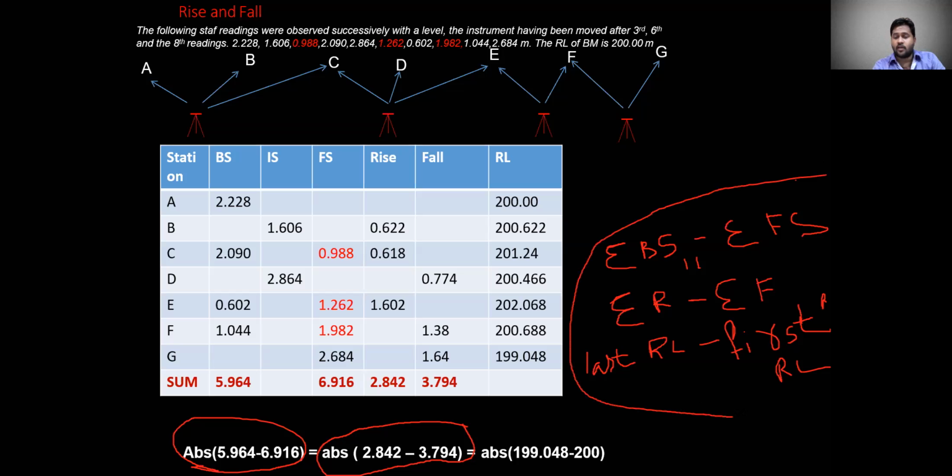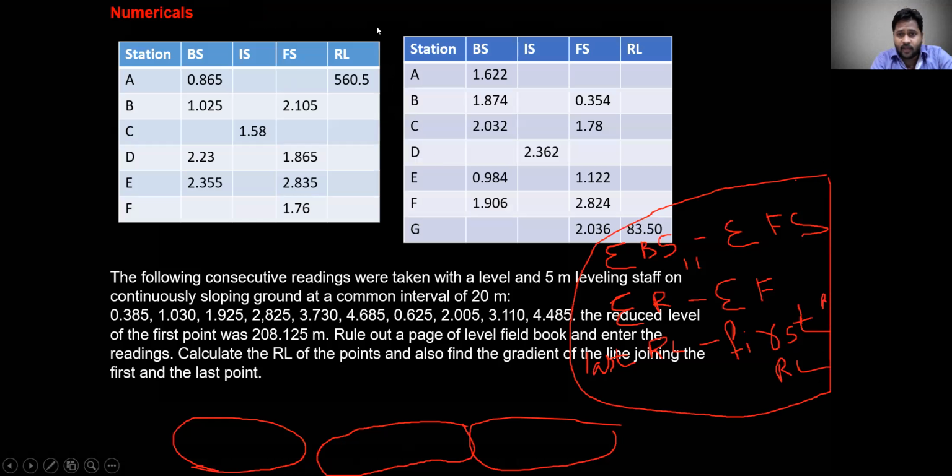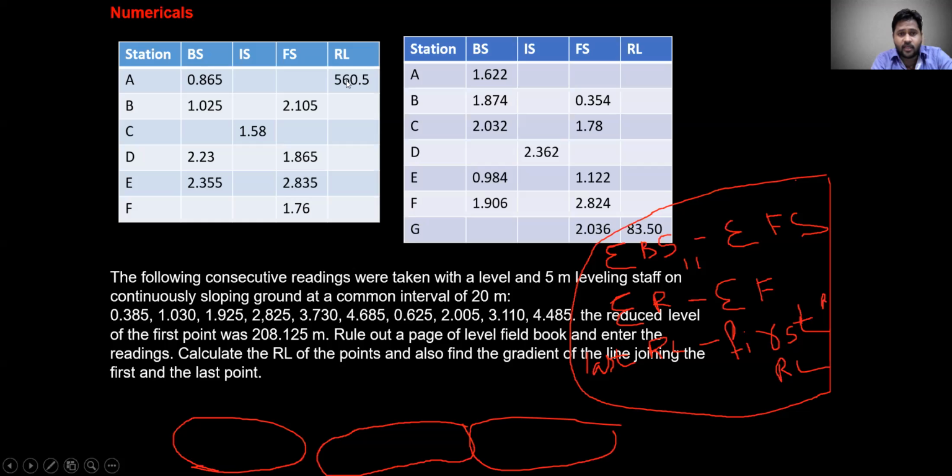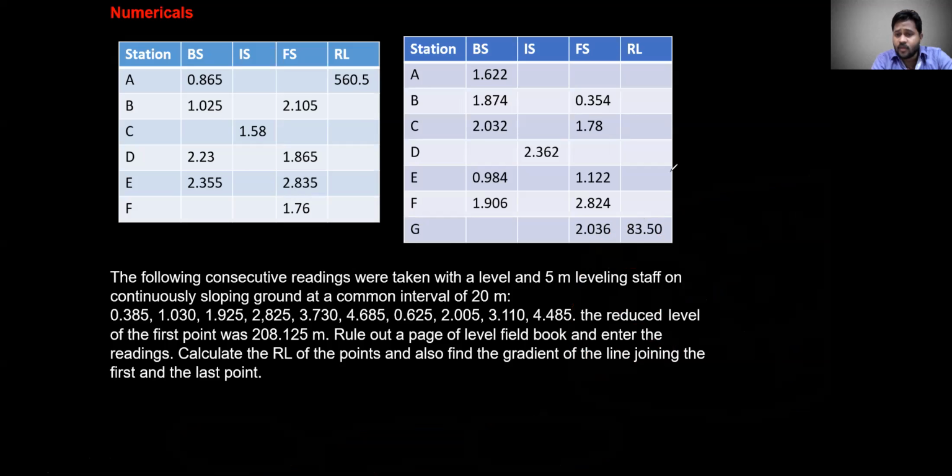So if you are checking your problem in the rise and fall method, after solving all the data, all these should be equal. Then only the problem you are solving is correct. That is more important when you are solving the rise and fall method. So next, whatever values I am getting, those values should be stored here. That is my main motto, to solve all the problems.